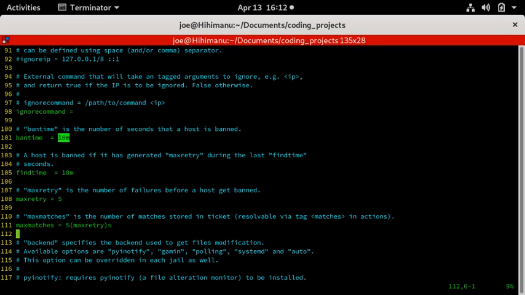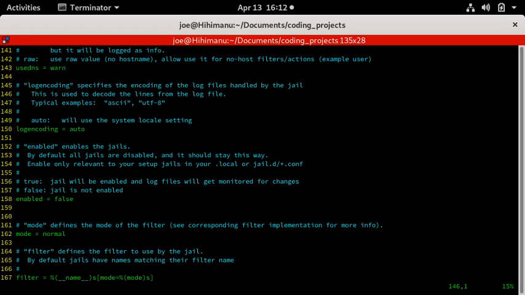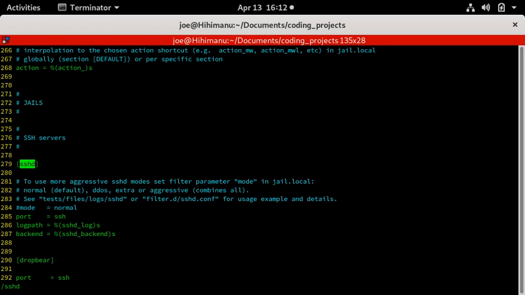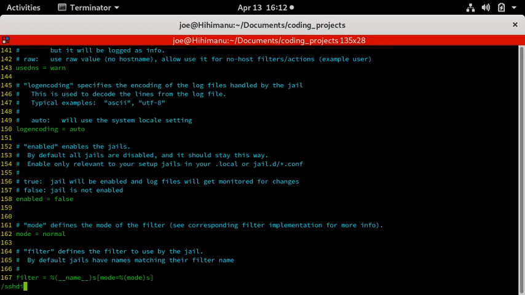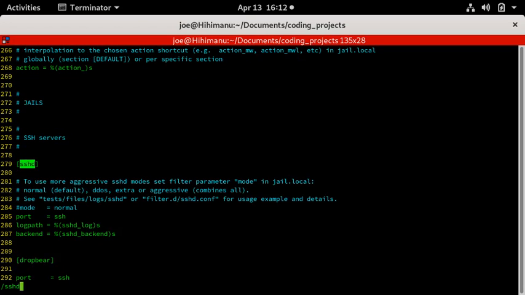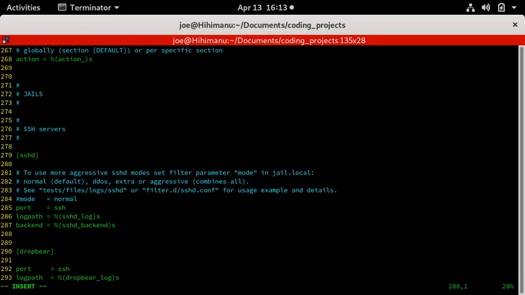Ergo, go down to the jail. I guess I better search for it, and we'll type in some defaults right there. So you could do something like this, which would be one day, but I think we'll just do a shorter ban time for this demonstration. We'll just do 1 minute,